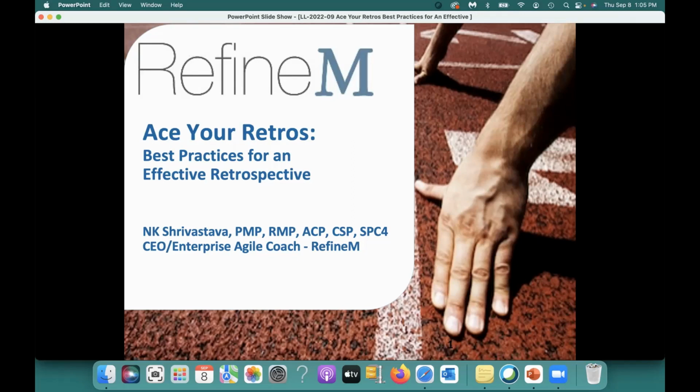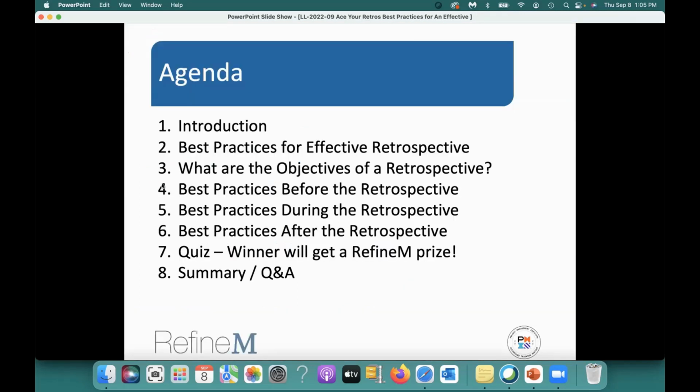All right, let's move on. So we will talk about what the best practices are, and we will discuss the objectives, why we do retrospectives. And then the best practices I have divided into three parts: what you have to do before the retrospectives, what you need to do during the retrospectives, and what you need to do after the retrospectives. So before, during, after, all those parts. And then we will have a quiz, as we always have in our webinars, and then we'll have some time